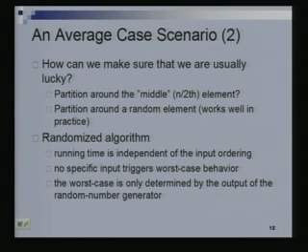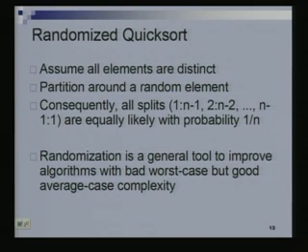So this is what we call a randomized algorithm. What's a randomized algorithm? An algorithm which is basically making some kind of random choices, right? And we'll analyze what this algorithm does. We'll analyze the running time of this algorithm in a minute. So this is what randomized quicksort is. We'll assume all elements are distinct.